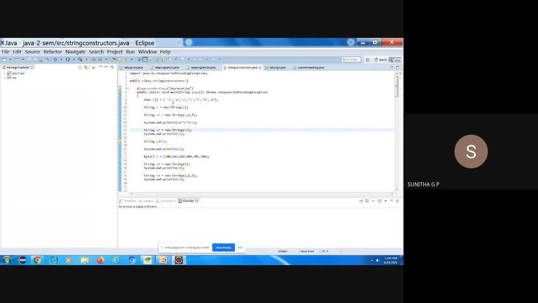Okay, so whatever I have discussed now is the example of the constructors which are creating a string using the character type. Okay, what is the other way of creating it? If I write a string, let me have a equals Sunita. This is another way. This is what they call the literal. Okay, so if I print that, it is going to print my name.